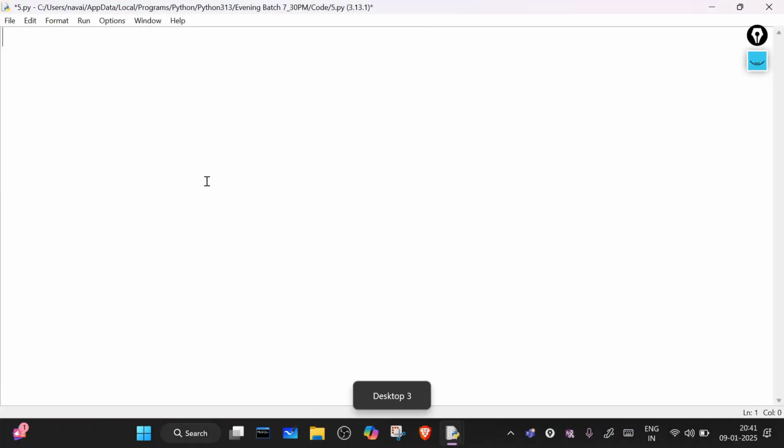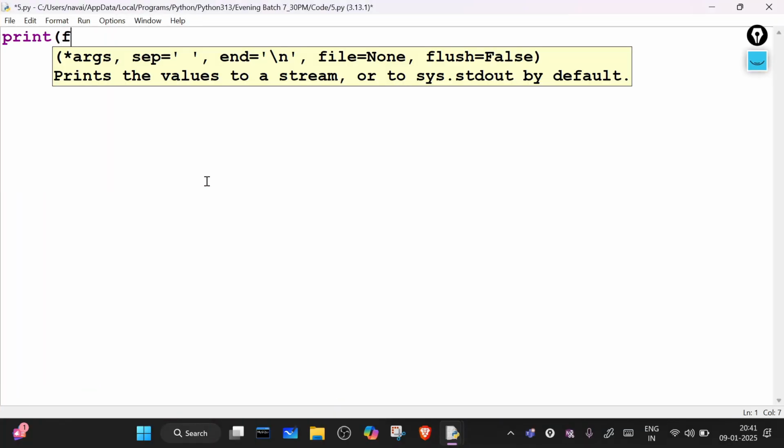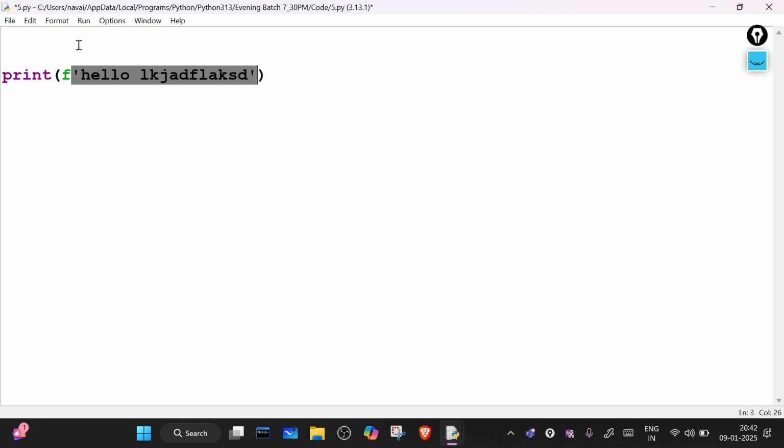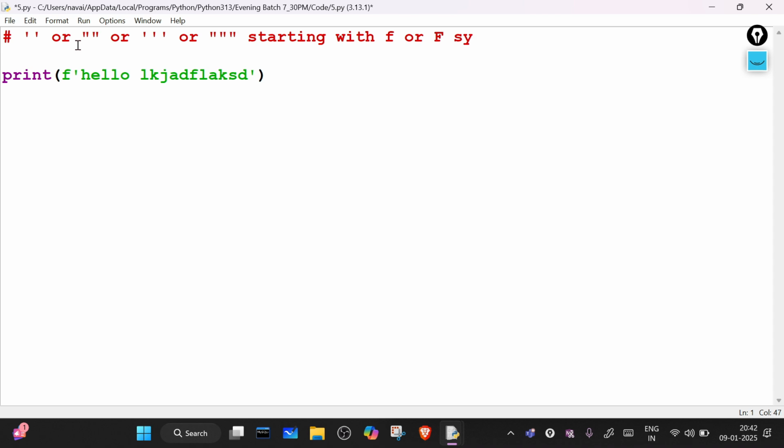Whenever you are writing print and writing a message, if a string uses single quotes, double quotes, triple single quotes or triple double quotes, starting with a small f or capital F symbol,